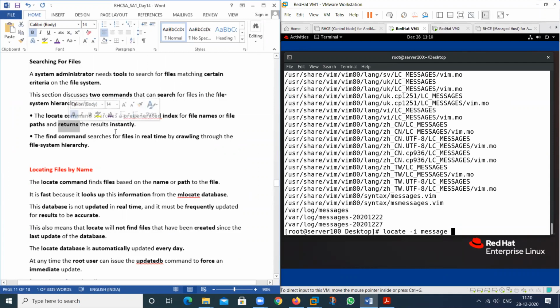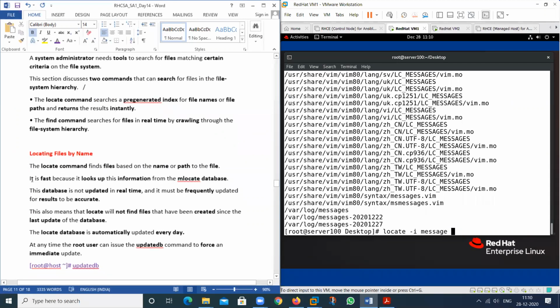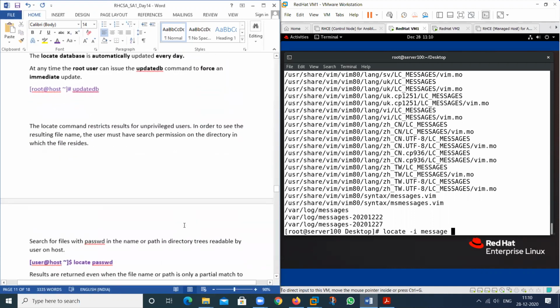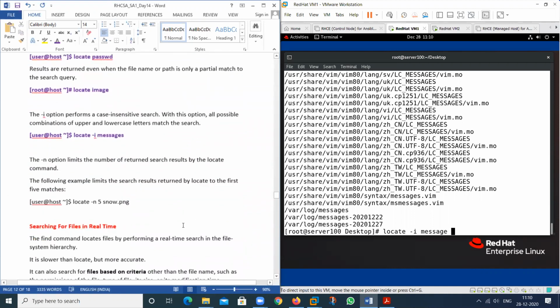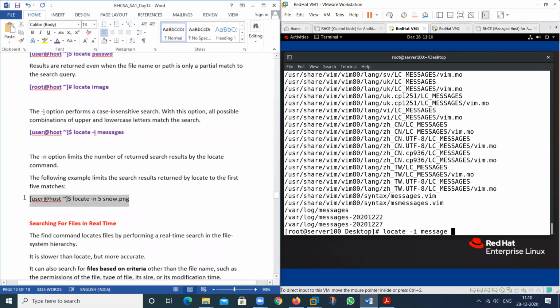It means this is very fast. So this is fast compared to the find command because it uses the local database. All the database is available locally. So this is the concept that is used to find the location of any file.